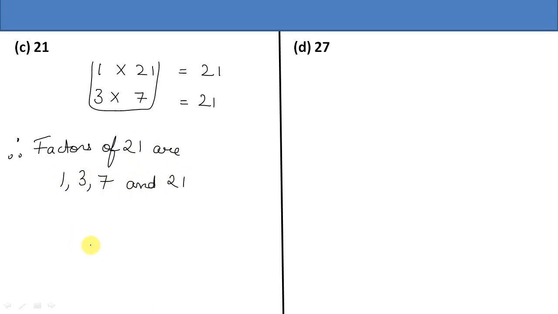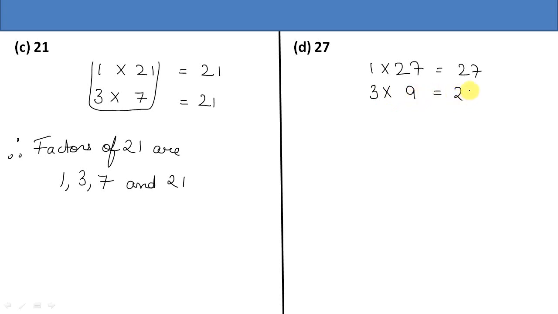Now let's see the D part where you need to find out the factors of 27. So first it will go at 1. So 1 into 27 is equals to 27. It is again an odd number. So ये 2 की टेबल में नहीं जाएगा. 3 की टेबल में 27 किस पे आता है? 3 into 9 is equals to 27.